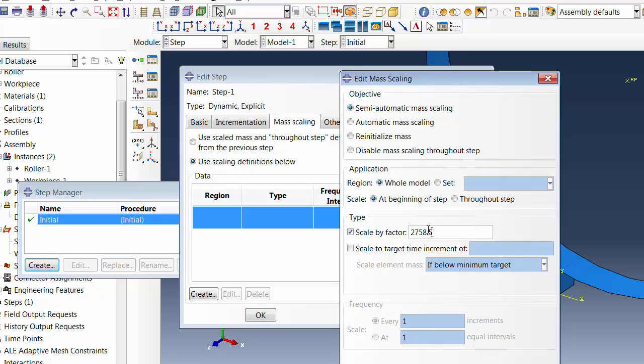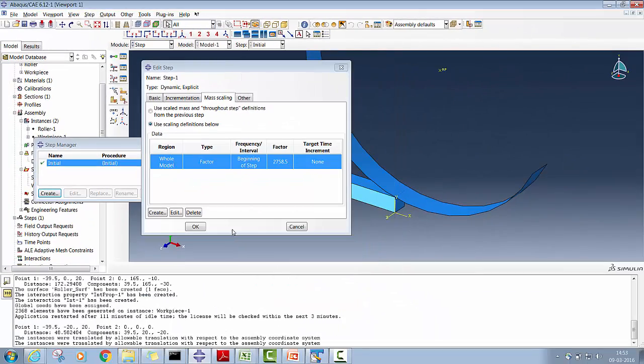This is a factor that will retain the quasi-static condition for this simulation by keeping the kinetic energy at a very low level or at zero level, and at the same time the runtime or the CPU computational time will be at minimum. So just remember, click on scale by factor, and then 2758.5, that is the mass scale factor we are defining. So say OK. So this is done,